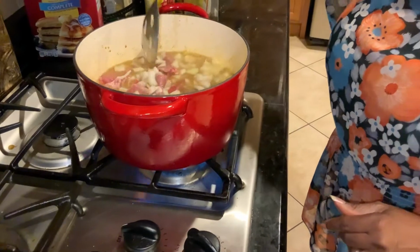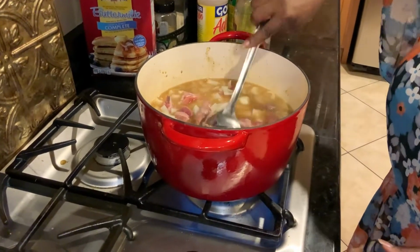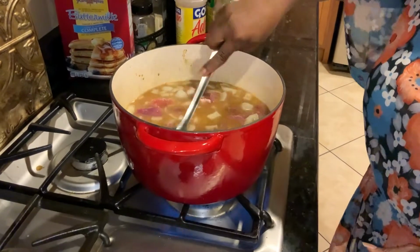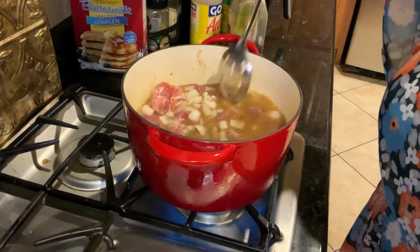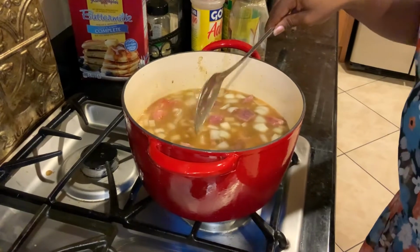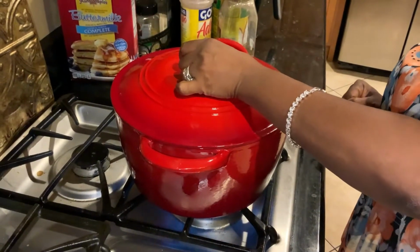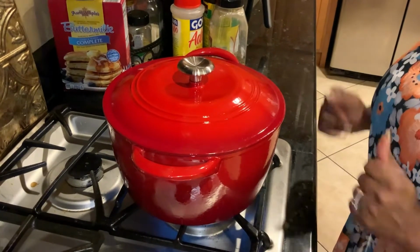I will let it stay there for like 30 minutes. You want the meat to get tender, and just stir it in there. All right, and cover it up. And let it cook. We will give it 30 minutes, and then we're going to come back and check it out